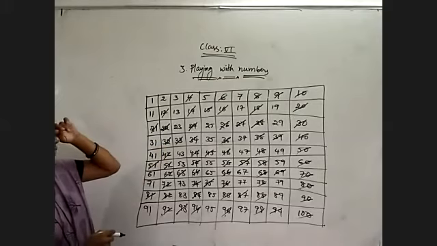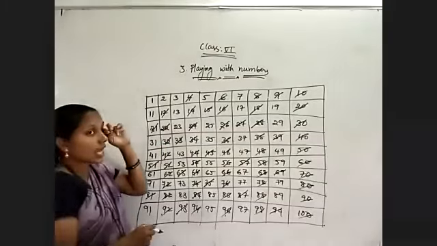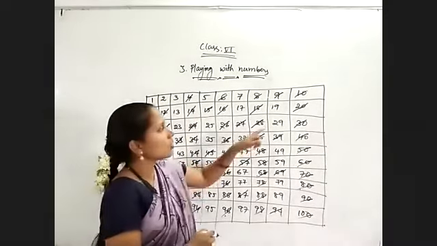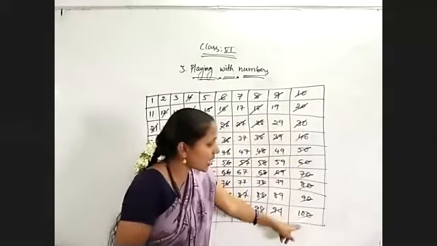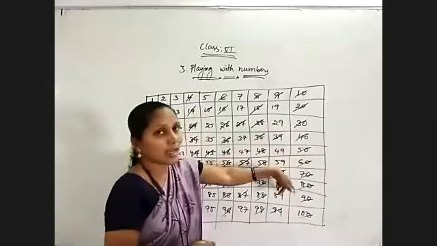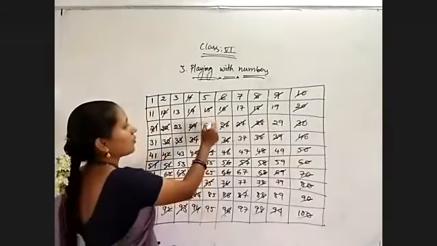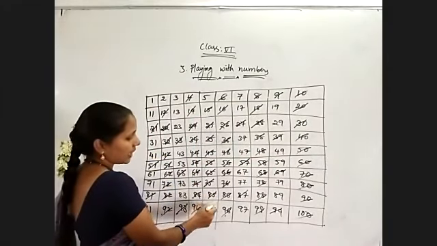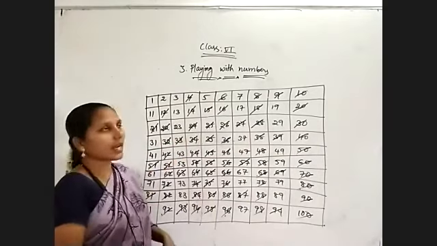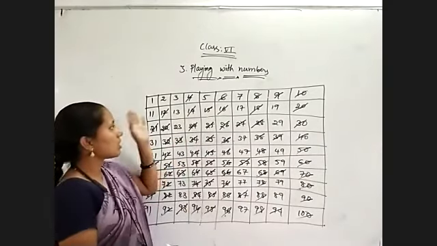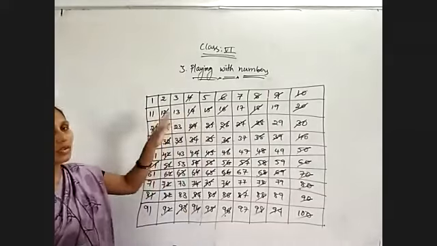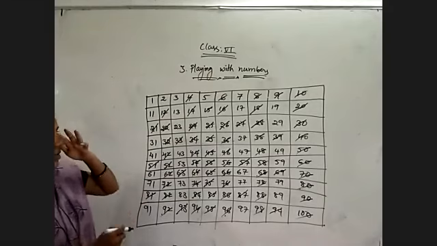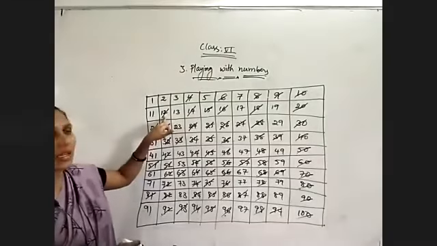Then coming to the 5. The numbers which are having 5 and 0 in their units place, all those are divisible by 5. The numbers which are having 0 are already cancelled with the 2 table. Now coming to 5: 25, 35, 45, 55, 65, 75, 85, 95. All these we will get in the 5 table. Then 6. The 6 table, the numbers which are divisible by both 2 and 3, we have already checked. So 6 no need to check. If you want to check, just observe. 12 over. 6 2s are 12.